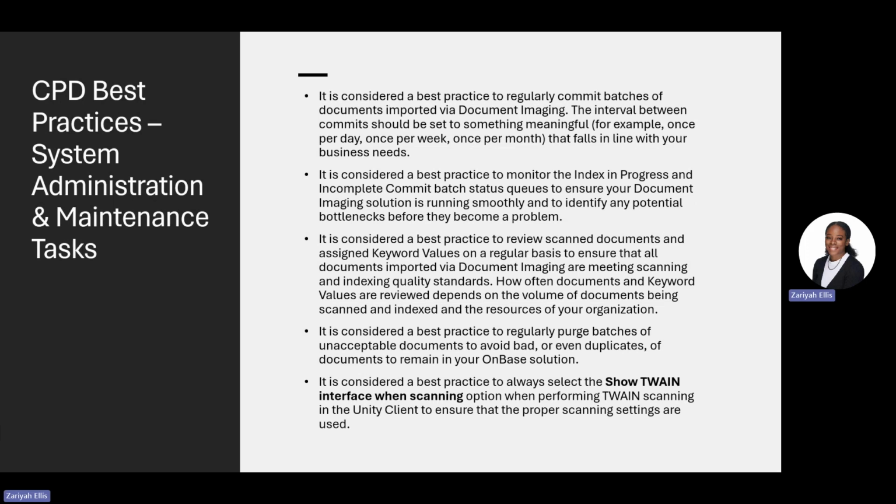We'll now discuss best practices with Capture Process Designer for system administration and maintenance tasks. It's considered a best practice to regularly commit batches of documents imported via document imaging. The interval between commits should be set to something meaningful, such as once per day, once per week, once per month,